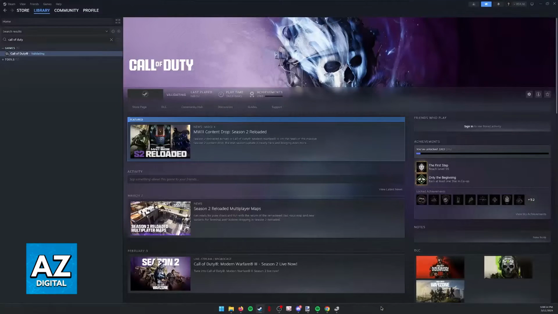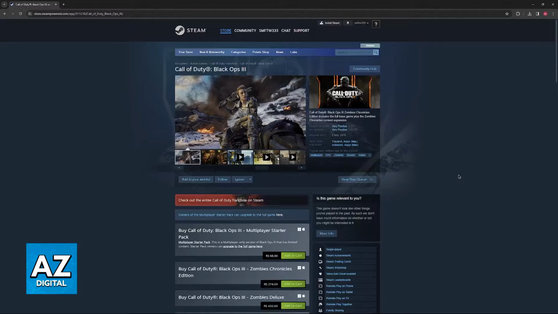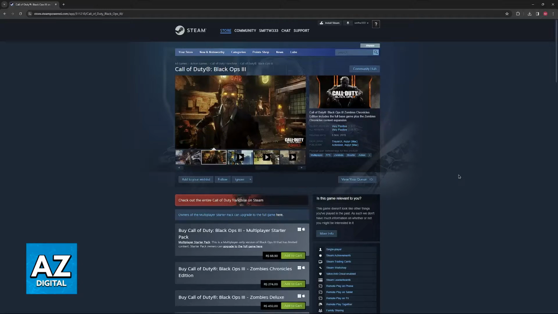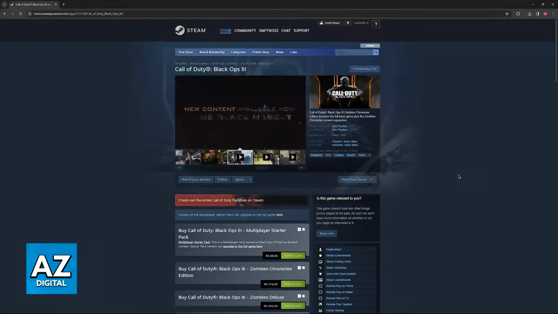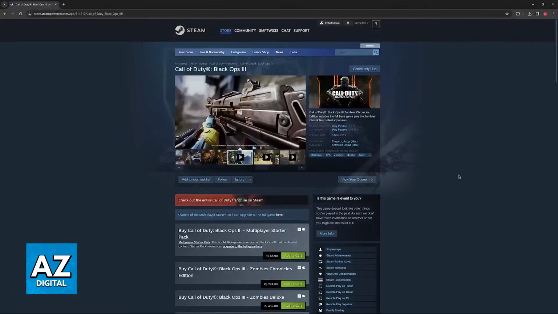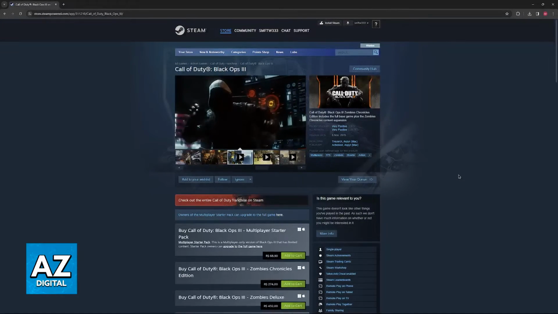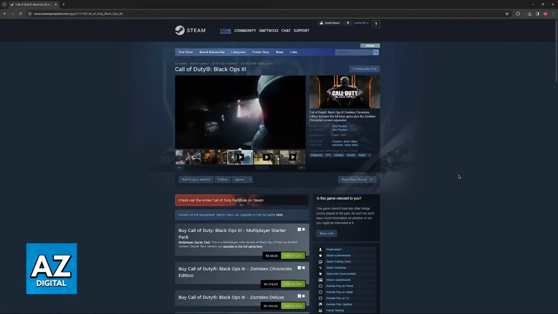And if you are on console and you are trying to use a disk, then what you can try to do is put the disk in, and if the installation doesn't start automatically or finishes without any issues, with the disk inserted, go over to the store of your respective console, find Black Ops 3, and you should be able to download the game from there. As long as you have the disk inserted on your console, it is going to tell you that you own the game and you can download it from the store, manually forcing it to start installing.